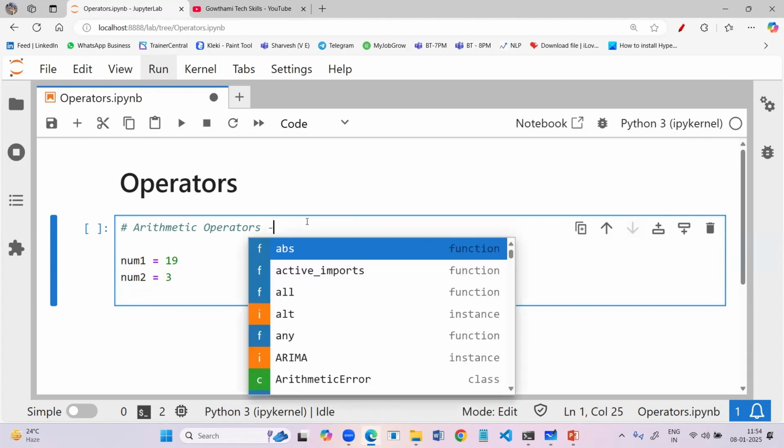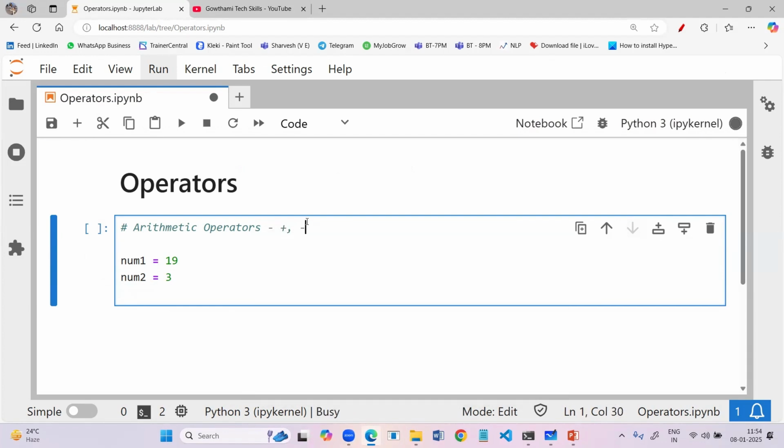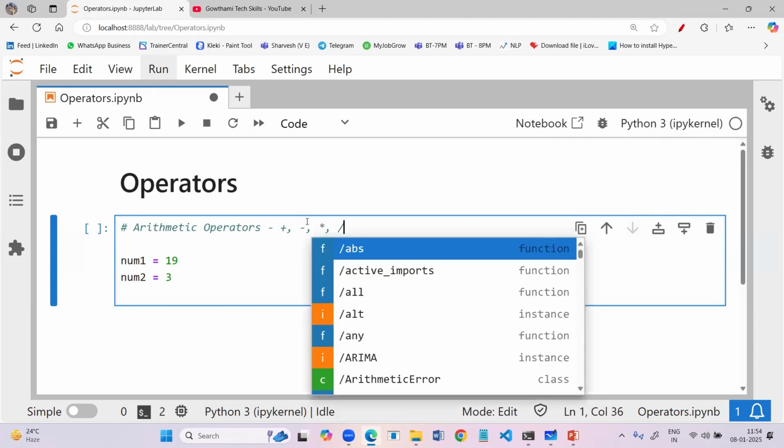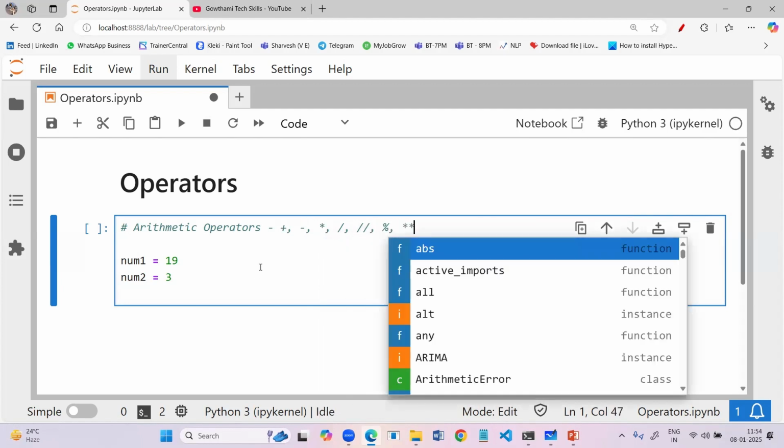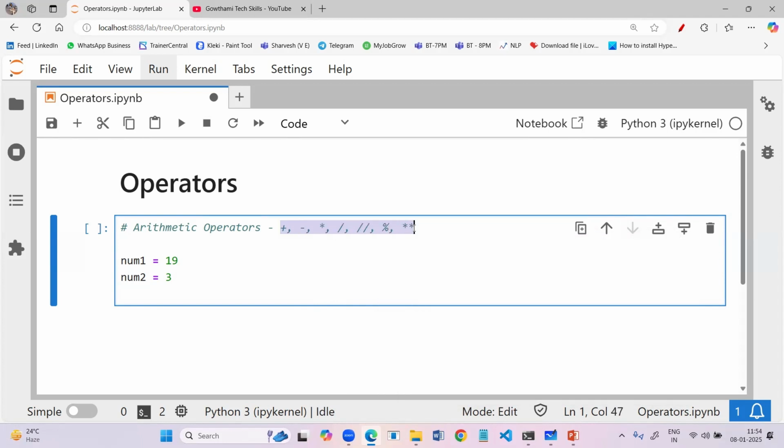We discussed the addition operator, subtraction operator, multiplication operator, floor division or integer division, modulus, and power operator. So these operators are used for performing mathematical calculations.